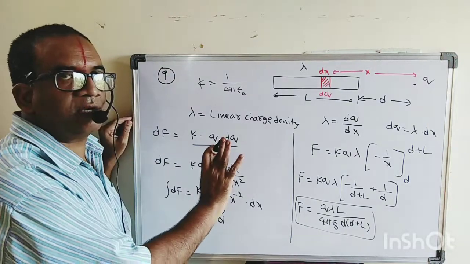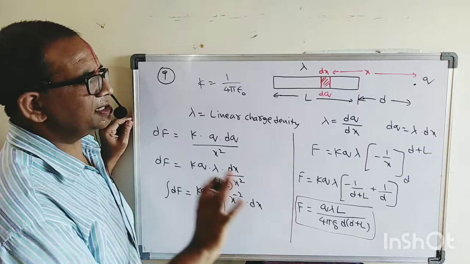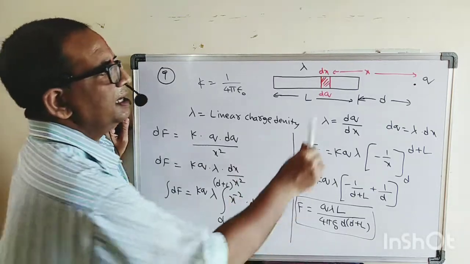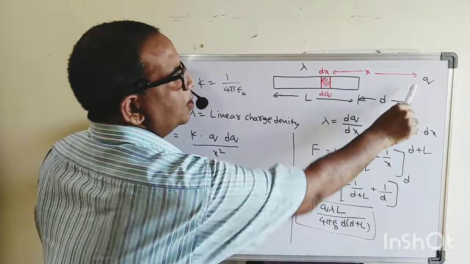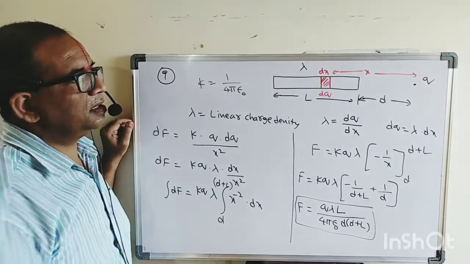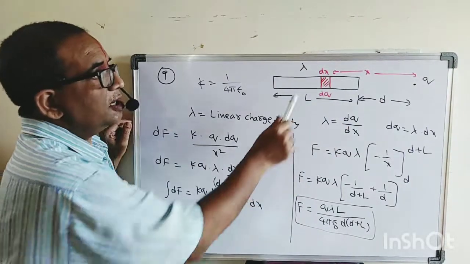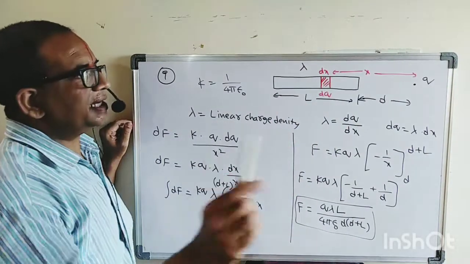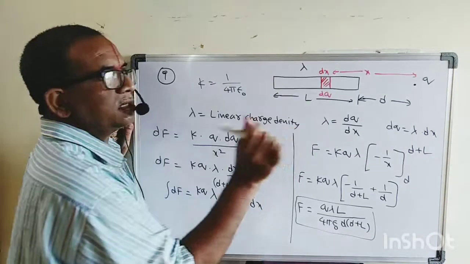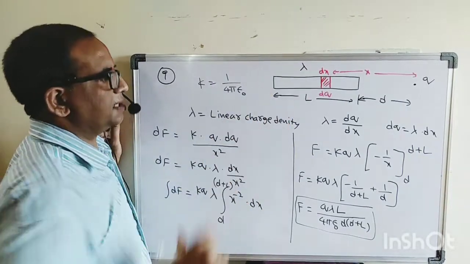Are you following what I am saying? It's very simple. Here one rod is there and one point charge is there, so this is a variable one. It is not a point charge here. So in that case, we have to choose one small length and do the calculation with it.